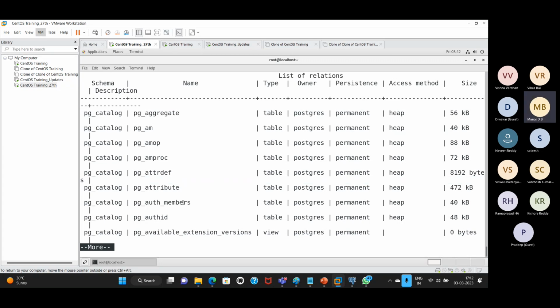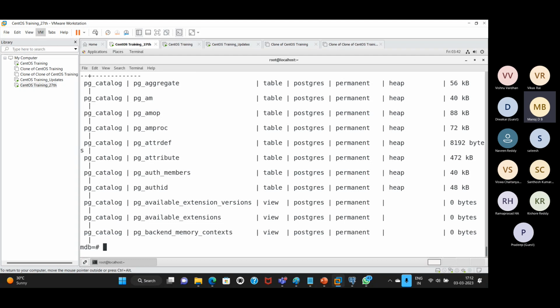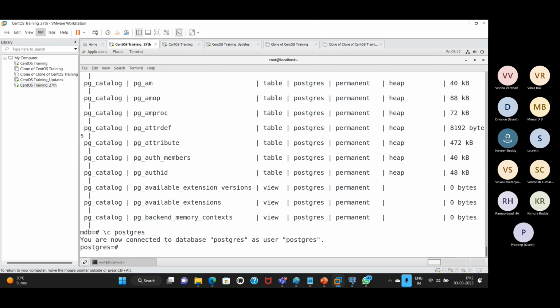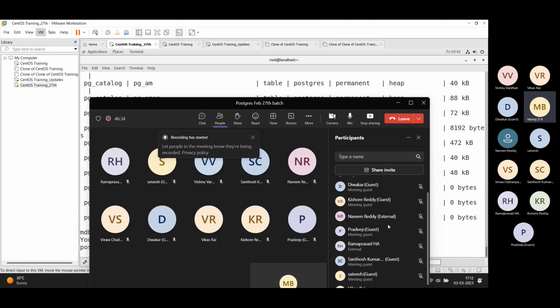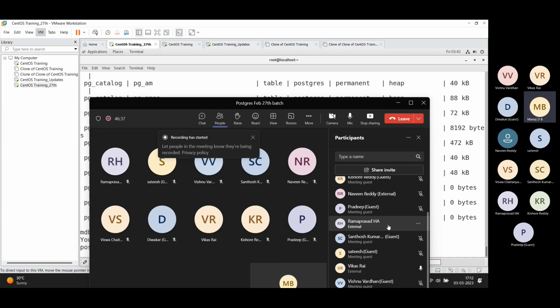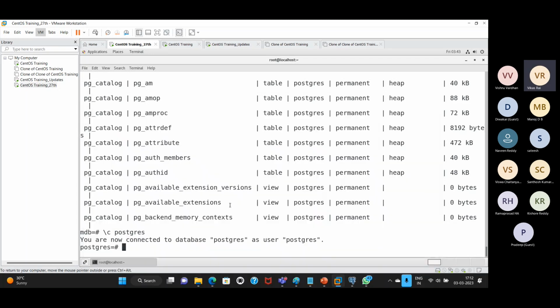Okay, got it, guys? Anybody have any doubts here? Anybody? I hope all understood, right? Divakar, Kishore, yeah, yeah. Naveen, Pradeep, Ramprasad, Santosh, Satish, Vikas, Vishnu. Yes, Manoj, yes. Okay, this is the very important basic thing. Okay, now,